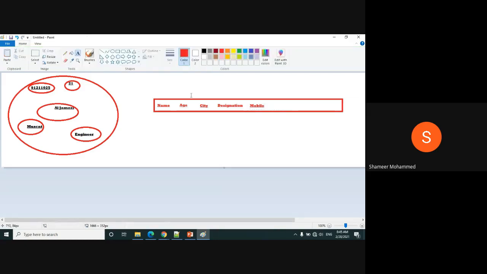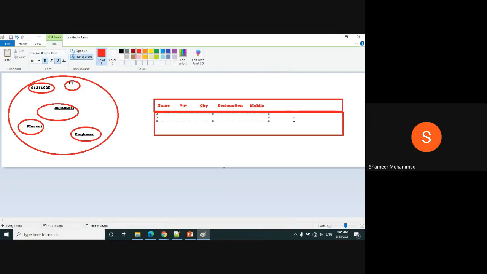So if you have like this, then you can store the information here. Here you will say that your name is Jameel, your age is 21, you are from Muscat, and you are an engineer, and your mobile number is 912111025, something like this.